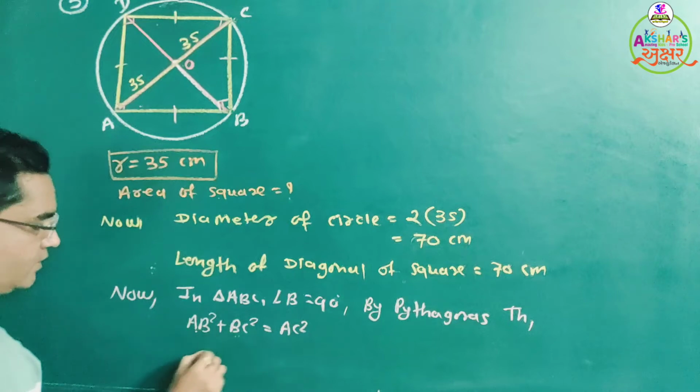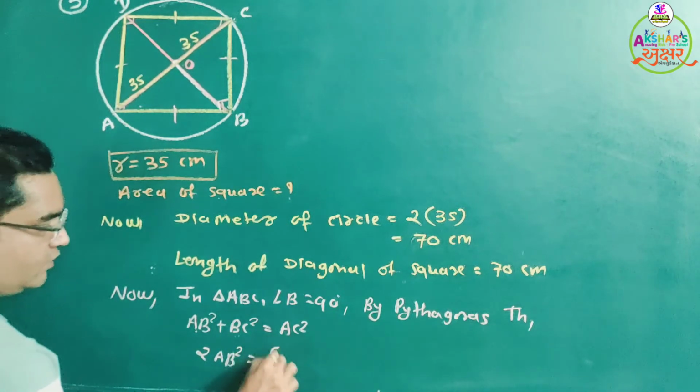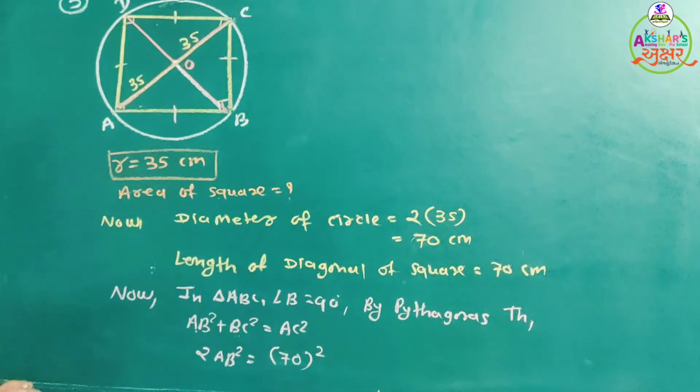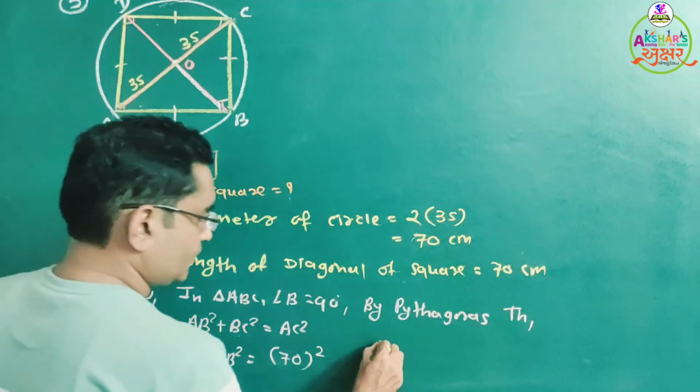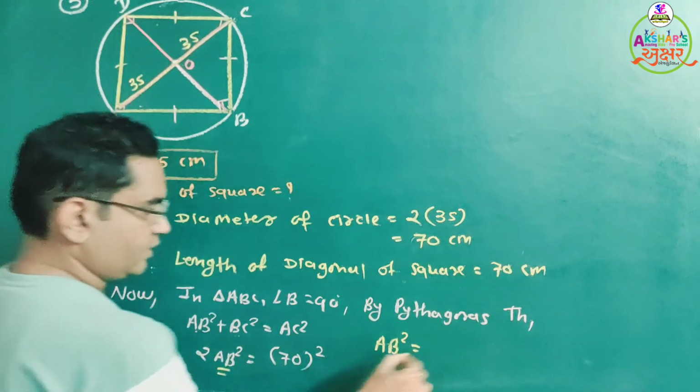So AB square plus AB square, which is equal to twice of AB square equal to AC square, length of diagonal, which is equal to 70 square. So AB square is equal to 70 square,